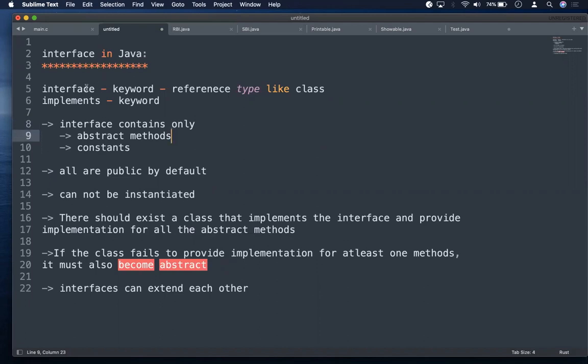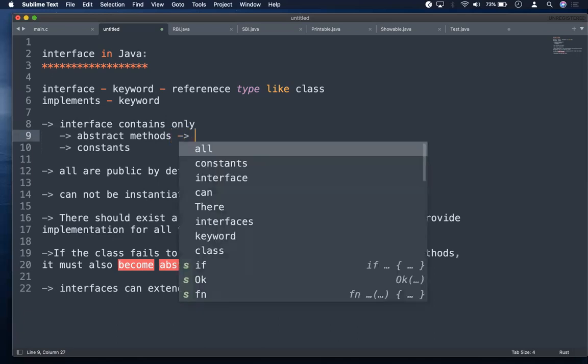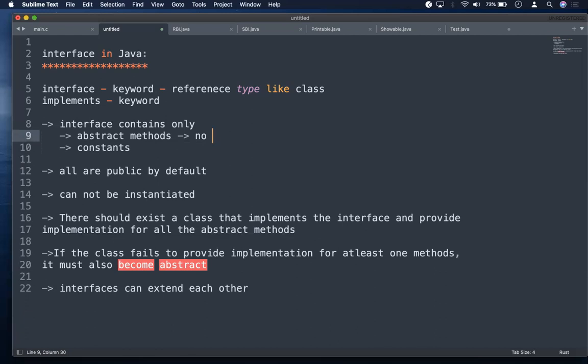And of course, while using an interface, we also use one keyword that is called implements. The class that implements the interface will use this keyword. So we will see that as part of the programming. So interface contains only abstract methods. We know abstract methods are the methods which have no body,